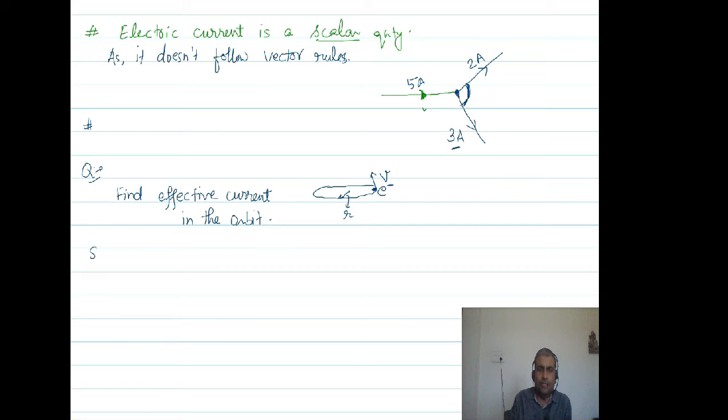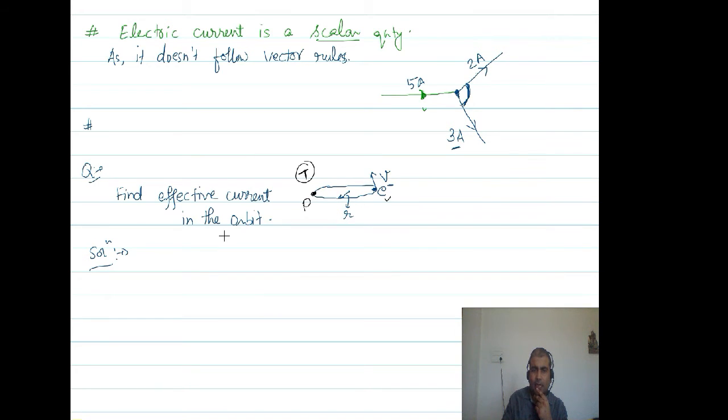Okay, so let's check this out. See, what is current? Current is the rate of flow of charge, the time rate of flow of charge, rather. As you can see, there is only a single electron which keeps on revolving in this orbit. If you select any point on this orbit, you will see that within a single time period, capital T, which is the time in which the electron completes one revolution, only a single electron must be passing through this point P.